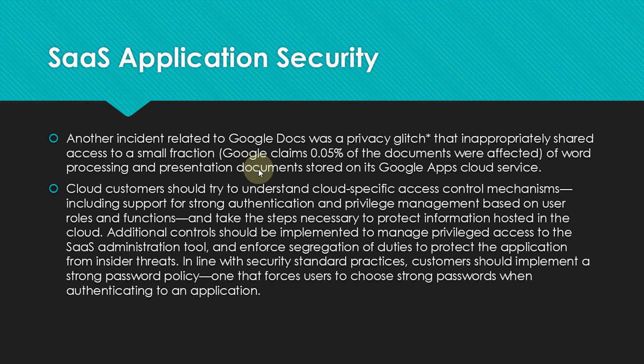But I already told you what the main problem in SaaS application security is. There is one-time authentication, and after that, users are free to make any changes. So if you are a customer and you want to use SaaS, you must take a countermeasure, meaning you have to work on your own. You don't rely on the cloud service provider, and you must maintain the privileged access for users or use a service which is responsible for distributing the privileged access.